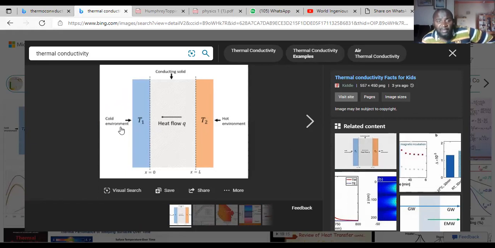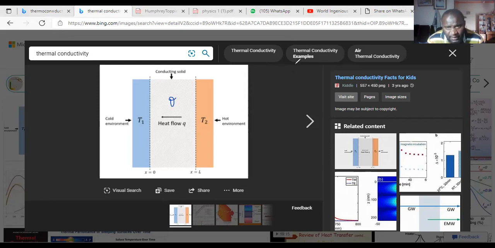So that means heat flows from the region of high temperature to a region of low temperature. According to that diagram, T2 has a greater temperature, so heat flows from T2 heading towards T1. That is why you see those two arrows of heat flow going towards T1, which is a cold environment, whereas T2 is the hot environment, showing that the heat is flowing towards the other side. So in that sense, you should know which one is attaining more heat and which one is having less heat. The conducting solid in this case is assumed to be at a temperature, maybe theta, because it is the junction between the two ends which have different